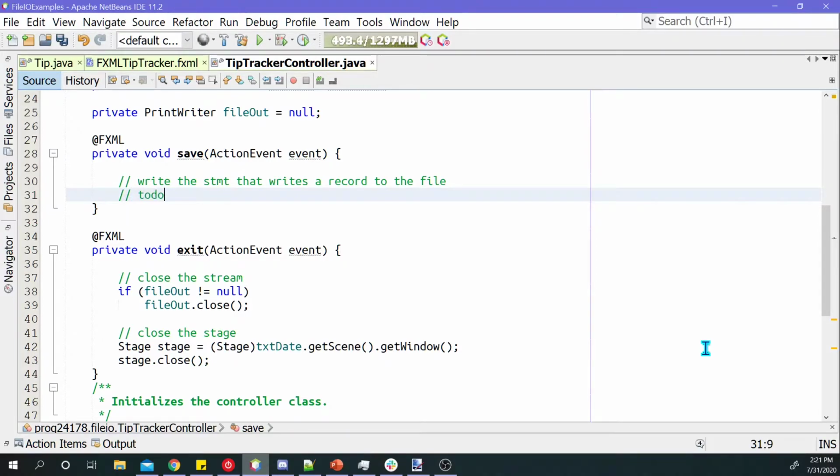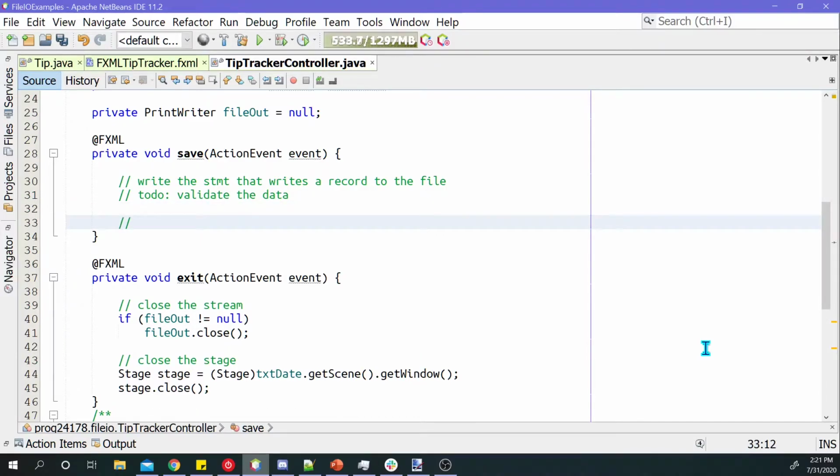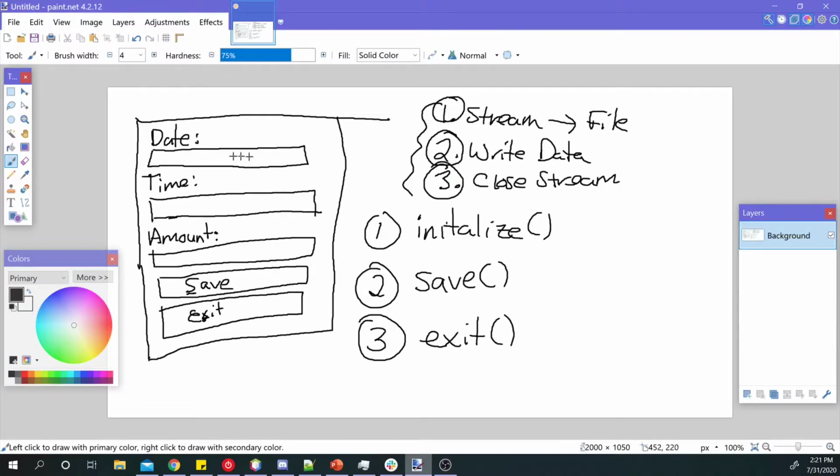If you have time to validate the data first, great. If not, don't worry about it. I am actually going to cover that in another video. The next thing I want you to do, and it's important, is to give the user feedback. So when I, for example, save a record, let me go back to my picture here. When I type in some data, let's say the user types in a date, they type in a time, that's my writing, and then they type in an amount